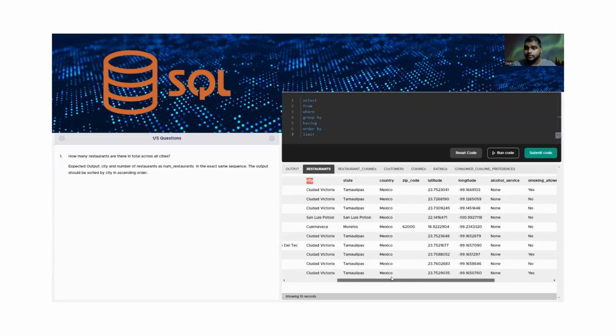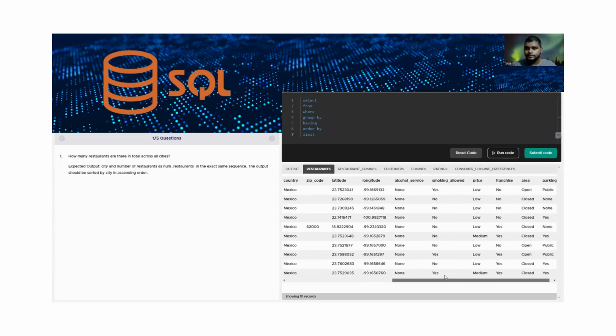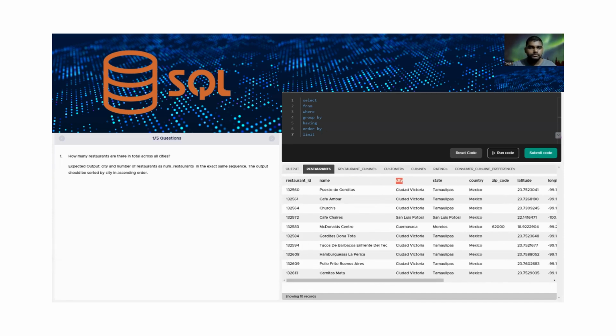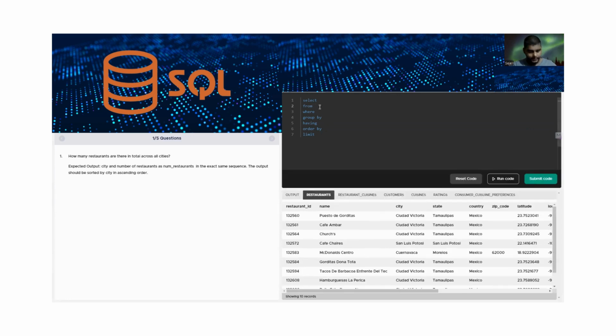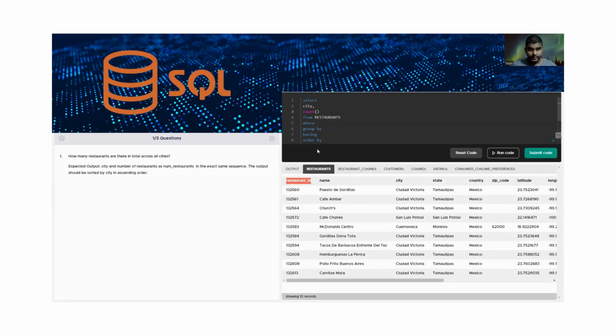Cities. Okay, we'll just check for one thing. So we'll get the data from over here. So what I'll do, I'll copy this. Since we are getting the data from here, after FROM I clicked on restaurants. So what we want is a city. We'll copy this, put a comma. What they want next is number of restaurants. So number means count. Count of restaurants. So we'll put restaurant ID